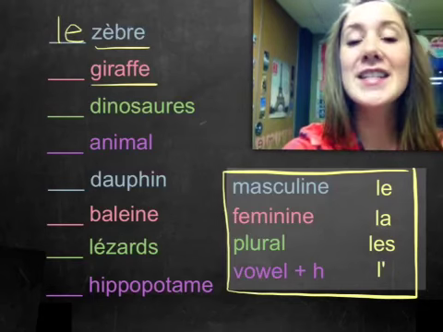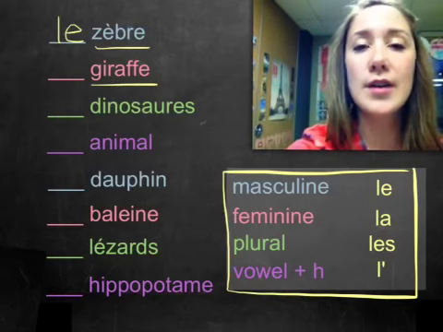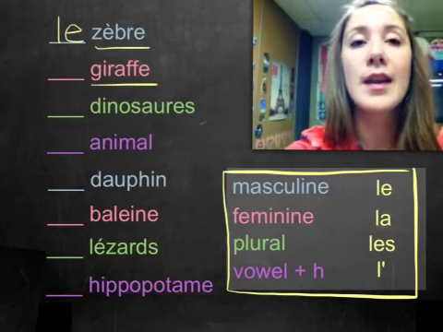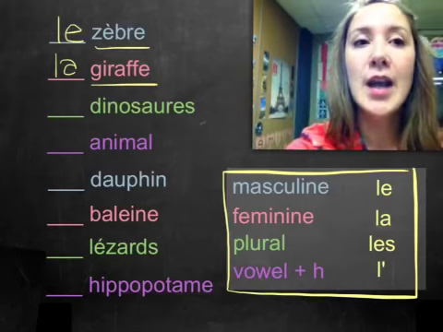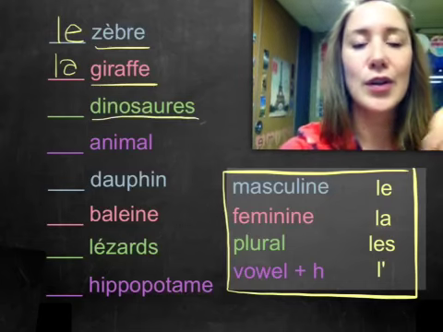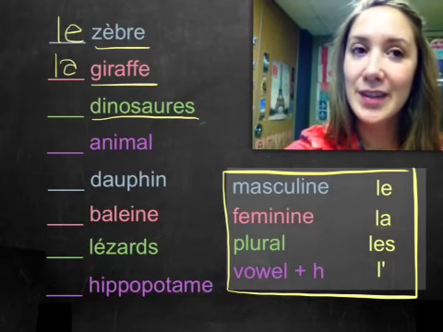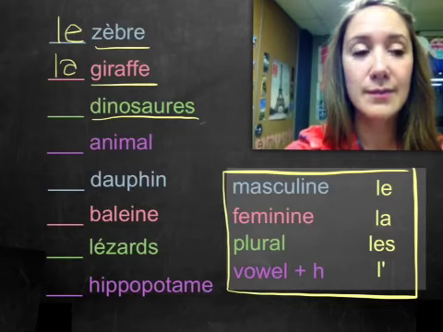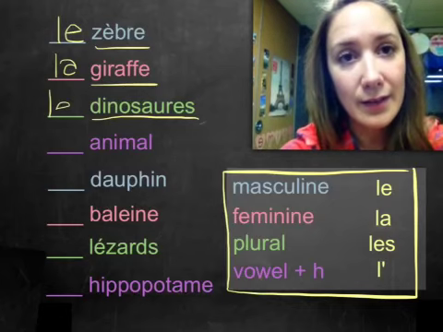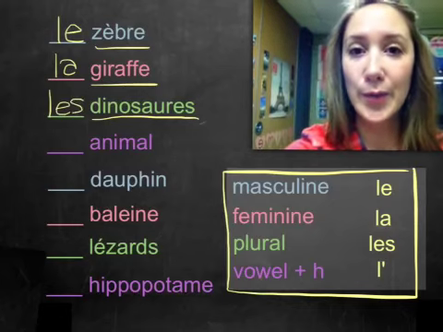Giraffe. This is feminine, so which of our definite articles will I use? I'll use la because it's feminine. What about dinosaure? Dinosaurs. This is plural, so which definite article will I use? I will use les because it's plural.